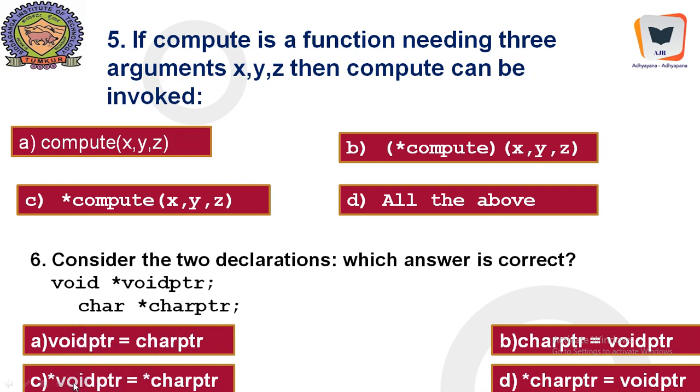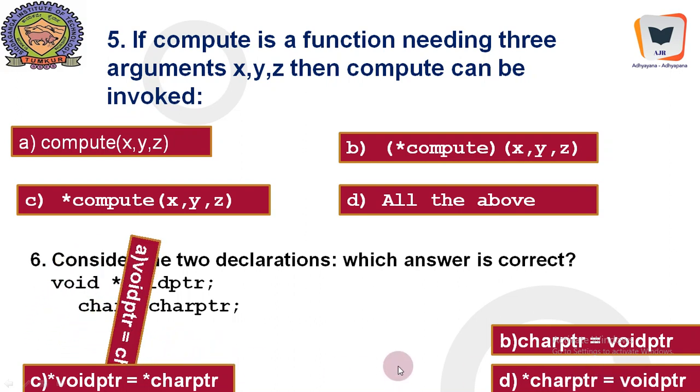And this is wrong, because this is content of void pointer equal to content of character pointer. And character pointer to void pointer, if we do like this, whatever is held by the character pointer just becomes empty, because this contains nothing. This is also wrong. We cannot equate the content of the character pointer, which points to some memory location, to a void pointer. No, we cannot do like this. Only this is the correct answer.